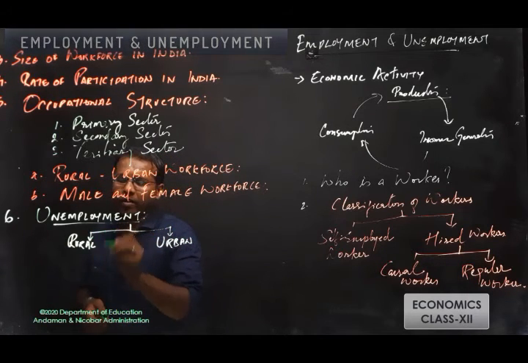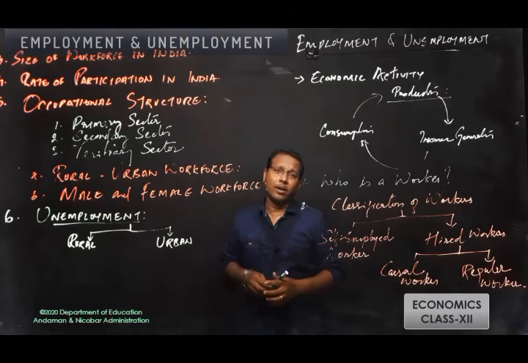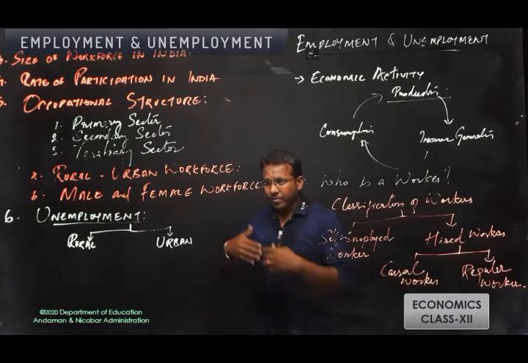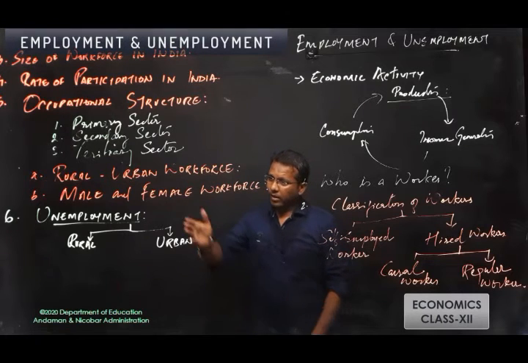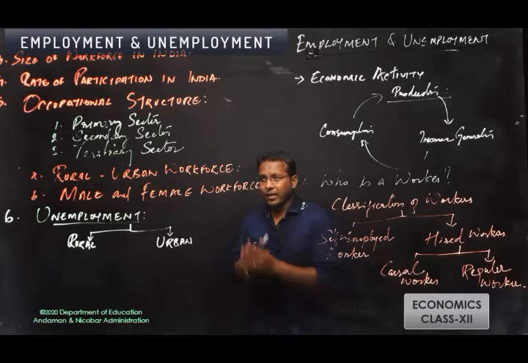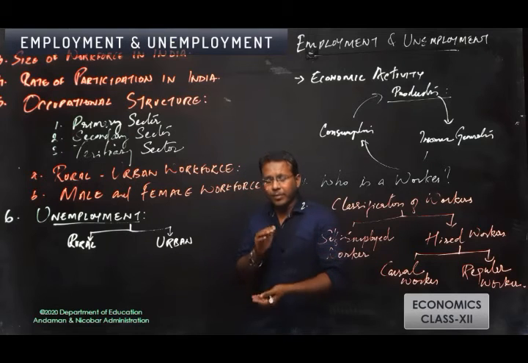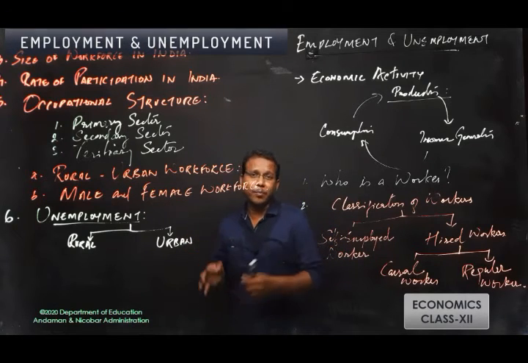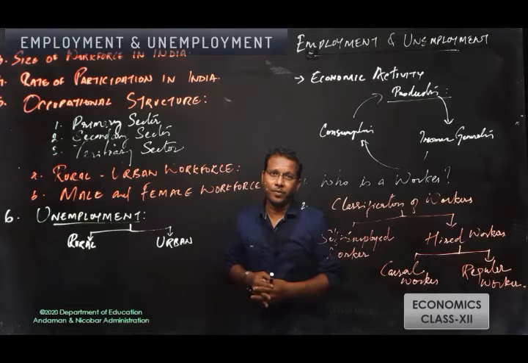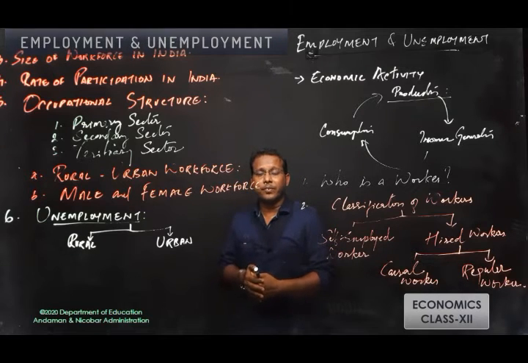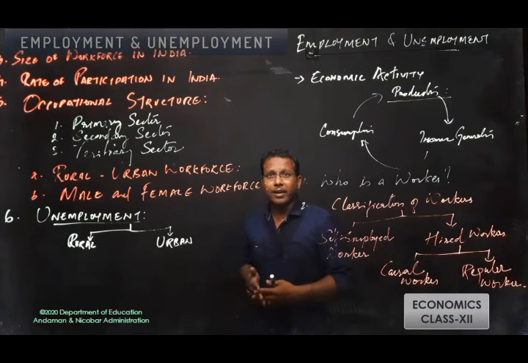So here, when you study about unemployment, these two categories, rural unemployment and urban unemployment, how can we study the types of unemployment which prevail in these two sectors? First one, rural unemployment. In rural areas, as we know, most of the people engaged in production activity are basically engaged in the primary sector. The primary sector consists of what? The agricultural activities. So when it is related to agricultural activities, the unemployment which prevails in the rural area can be classified